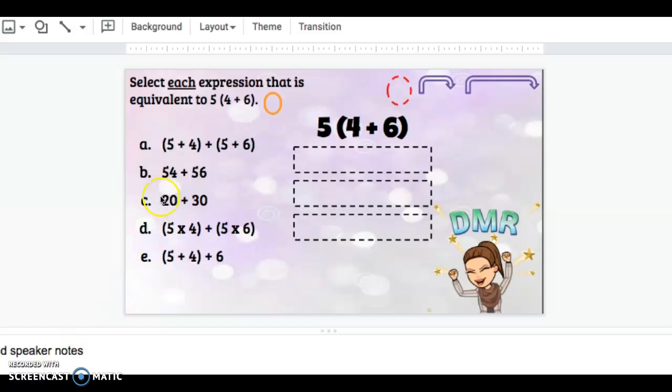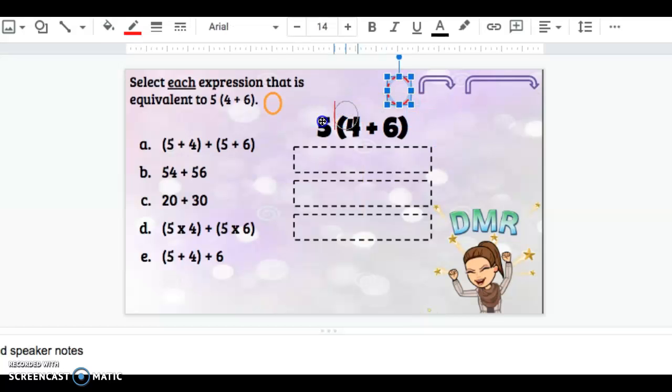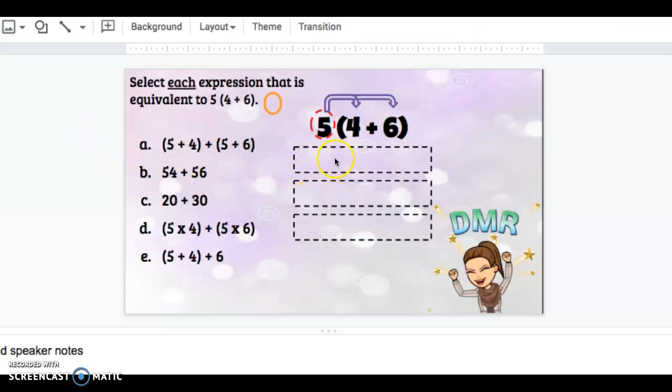Okay, so you're going to select each expression that is equivalent to 5 parentheses 4 plus 6. So remember, equivalent means equal to. It has to equal the same. So, like we've been doing, you circle your house, you distribute out, you went trick-or-treating, your friend went trick-or-treating, and then now you got to